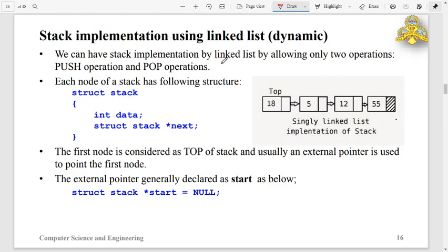We can have a stack by linked list by allowing only two operations. We already studied that the possible number of operations on a linked list is several, but in this case I will take a linked list as a stack and only two operations are supported: the operation similar to push, and another is the pop operation.